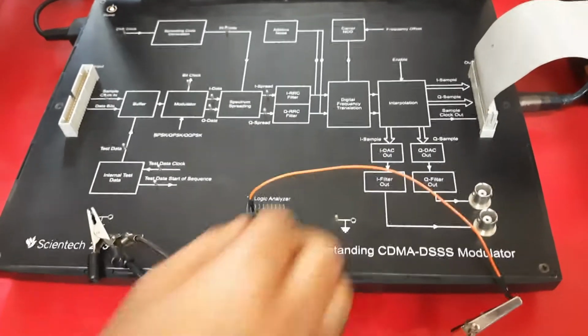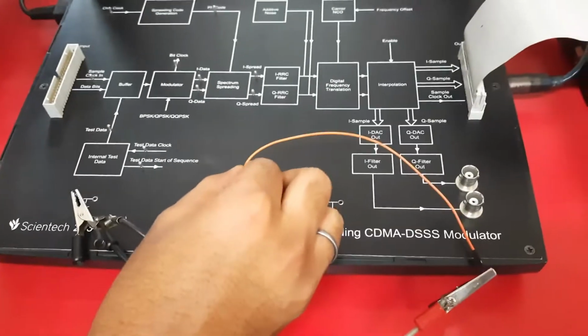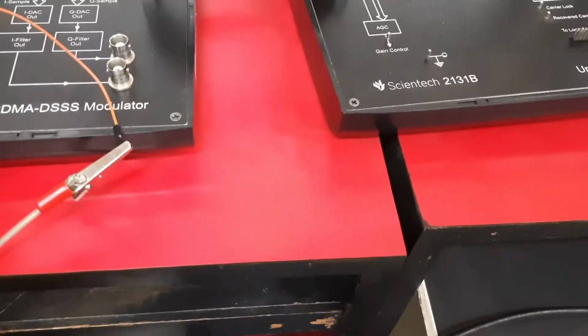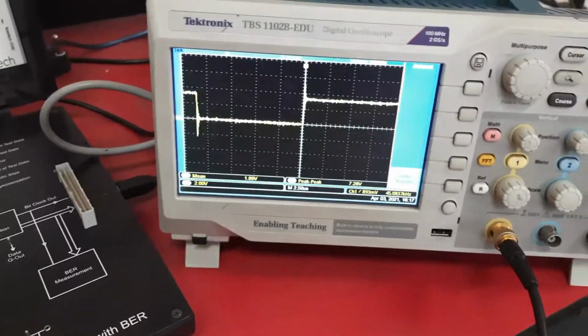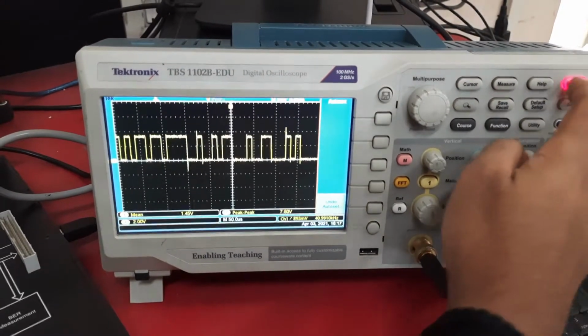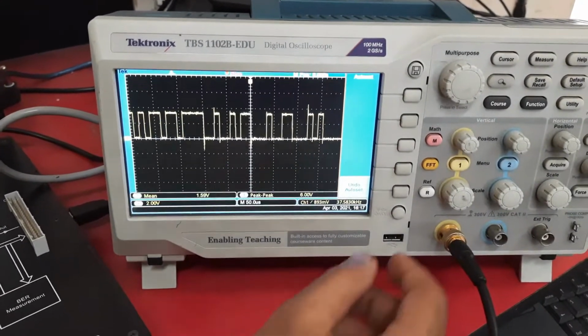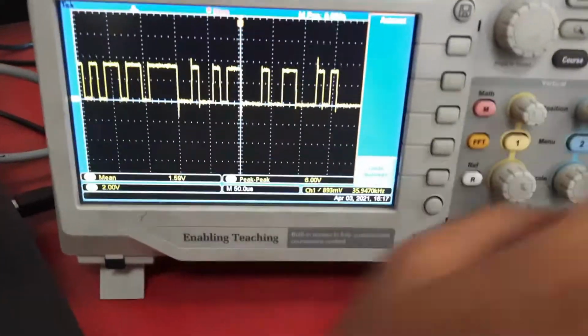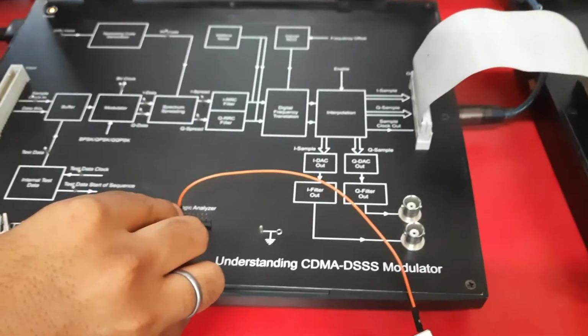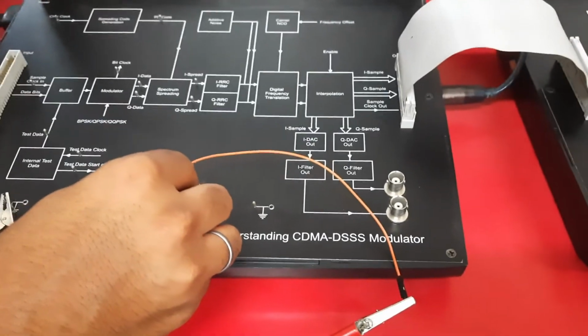Now we'll see the test data which we are using as our information signal. This is our test data waveform. This test data is on the 4th pin; I have connected to the 4th pin. The 5th pin is for test data start of sequence.